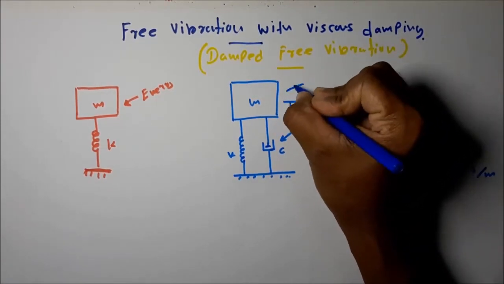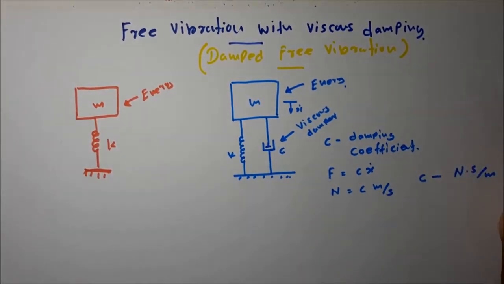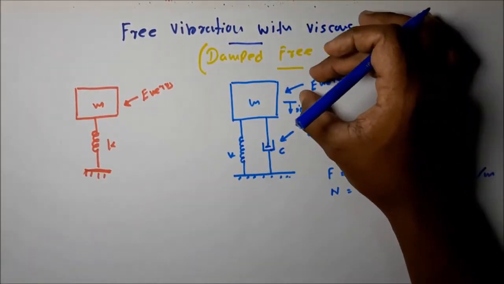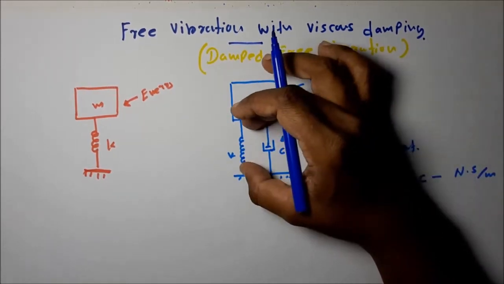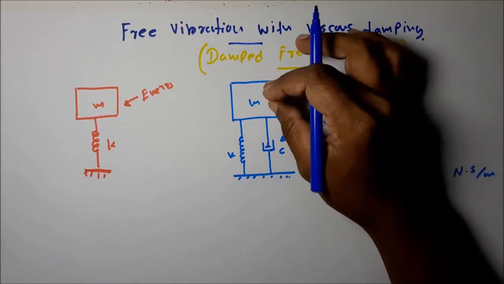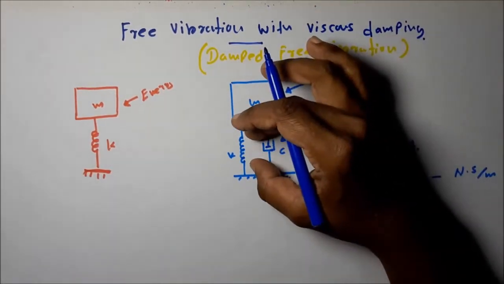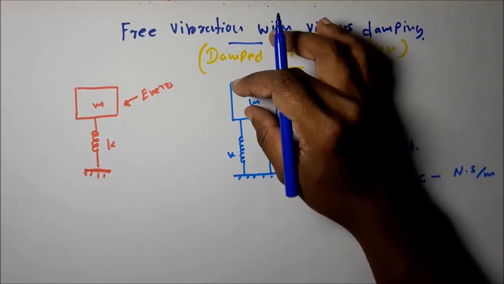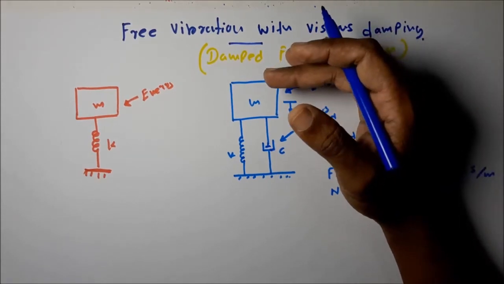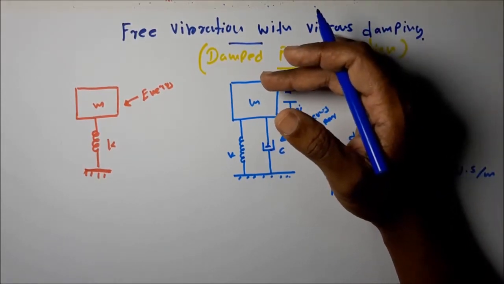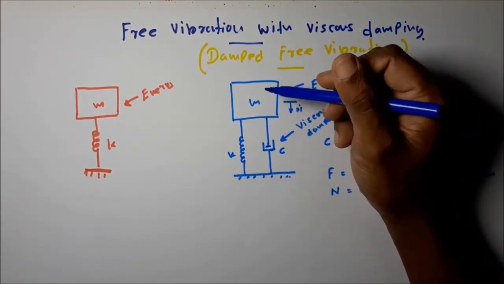to start the vibration, we give certain energy initially to the system. There are two methods. We can give the energy in the form of kinetic energy, that means we can give a certain velocity to the mass, that is one method. The other method is compressing this spring and releasing it, which is the form of potential energy.